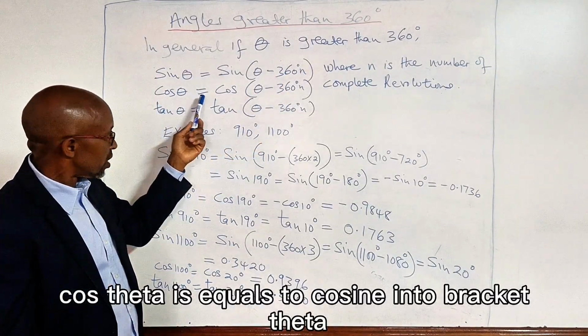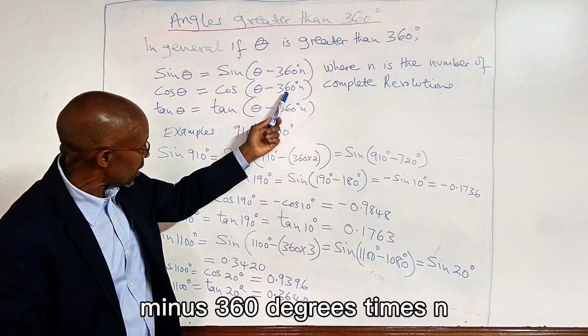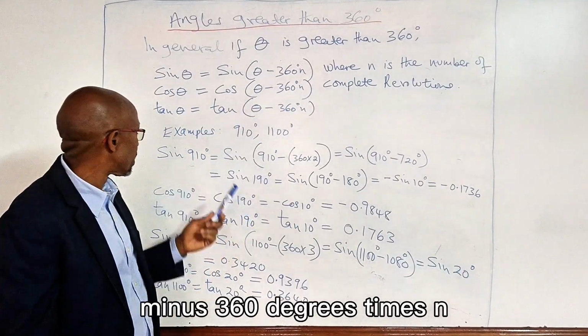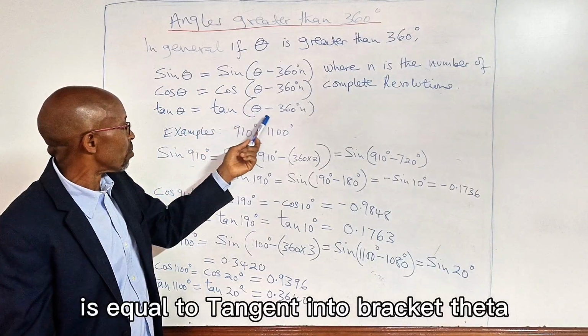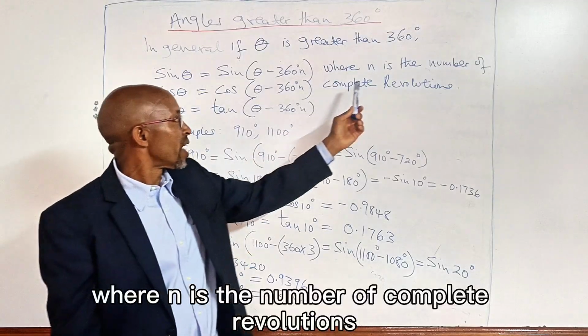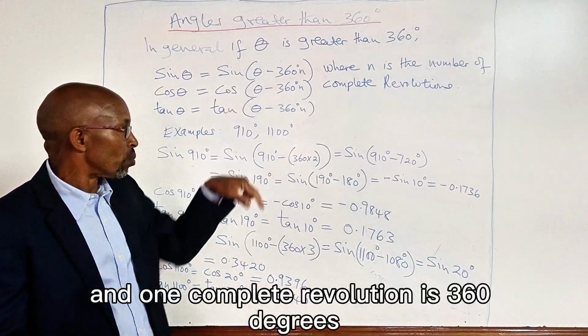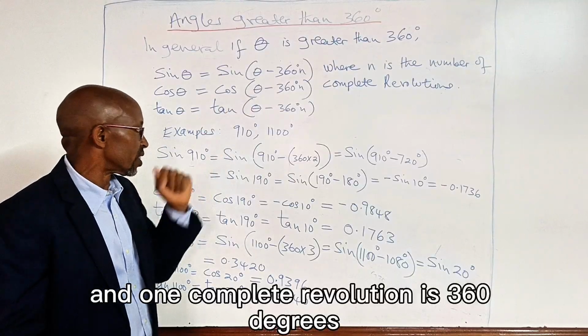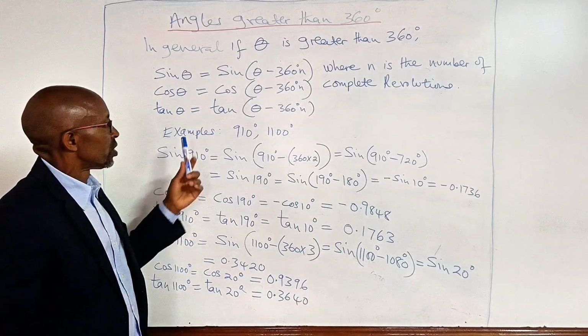Cos theta is equal to cosine into bracket theta minus 360 degrees times n. Tan theta is equal to tangent into bracket theta minus 360 degrees times n, where n is the number of complete revolutions. And one complete revolution is 360 degrees. Examples: